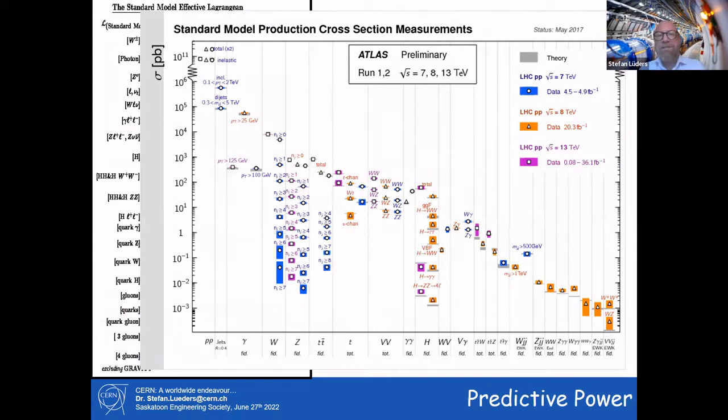Here in colors are measurements of different experiments, and you can see the small thin lines which are going through each of the little symbols. This is the theory based on the formula I showed you before. And what you can see here is that the theory and the measurement very, very well fit together. And this is the beauty of the standard model. It has a huge predictive power.